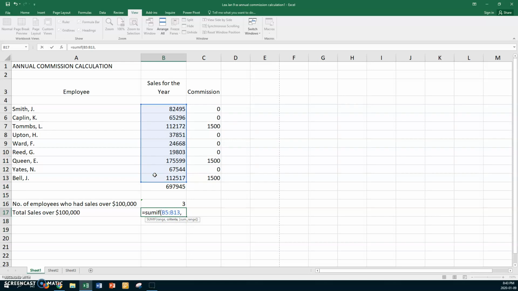My criteria is the same as before, in quotes, more than 100,000, comma. Then it asks what is the sum range to sum? It's exactly the same, so select it, and it should say B5 to B13. Close your parentheses, press enter, and the total is